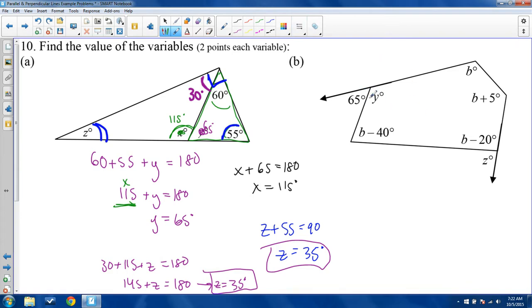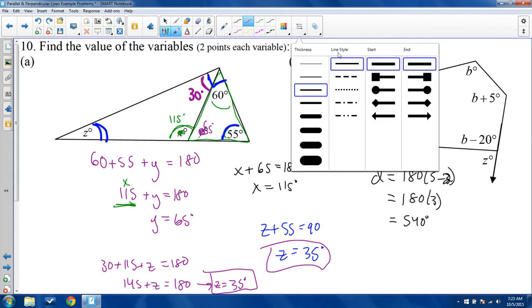To do that, I first need to know what y is. As a linear pair, this must be 115 degrees. 65 plus 115 is 180. Now when I add up 1, 2, 3, 4, 5 angles right here, this pentagon, this five-sided shape, I will be getting the interior angle sum of 5 minus 2, which is 3, which is 540 degrees. So when I add up all 5 of these angles here,